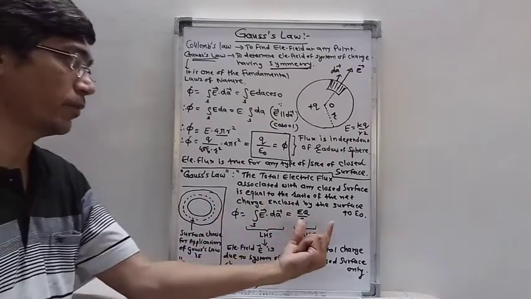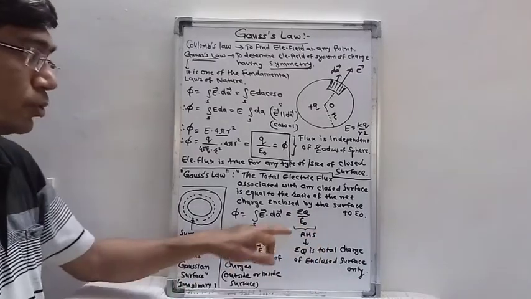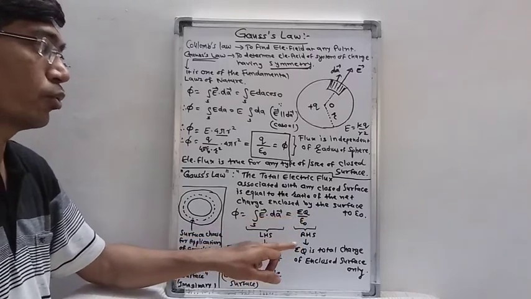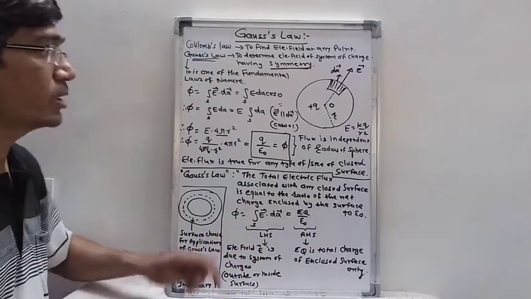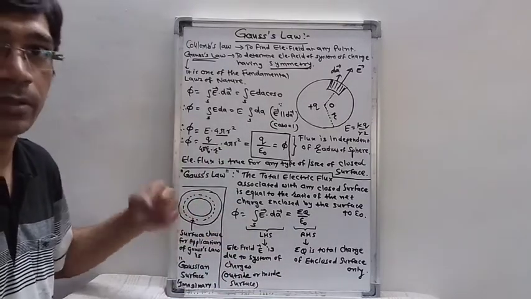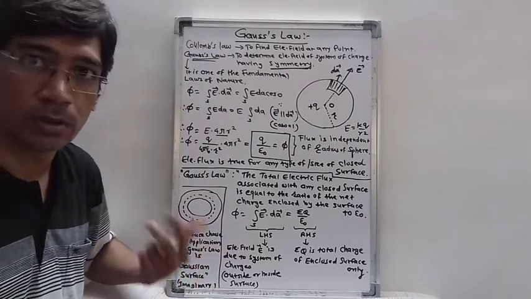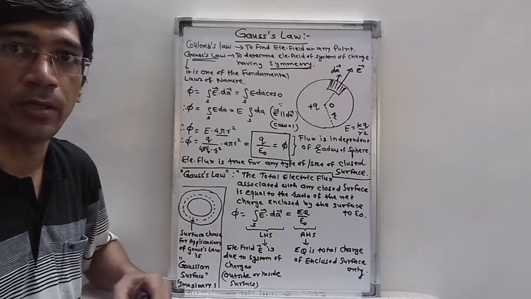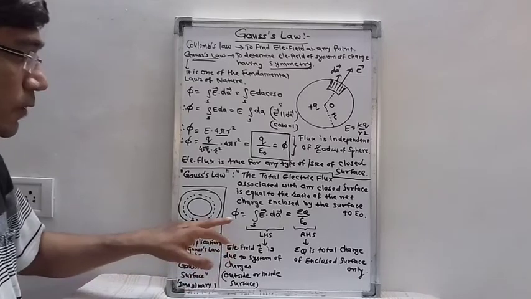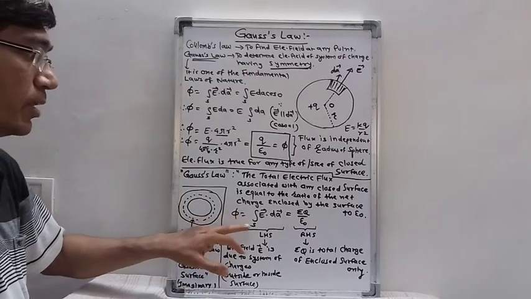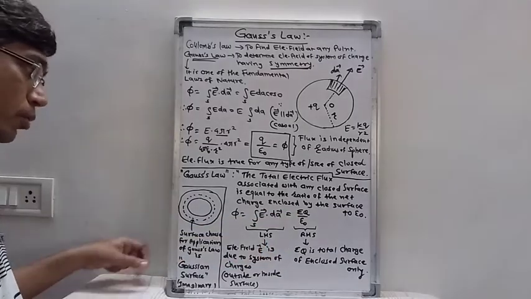Whereas on the right side we get sigma q upon epsilon 0. So sigma q is the total charge enclosed by the surface only. The charge in the closed surface is known as sigma q. If the charge is outside the closed surface, then it is not taken into account. So this is the Gauss theorem: flux is equal to the integration over S of E dot dA, which is equal to sigma q upon epsilon 0.